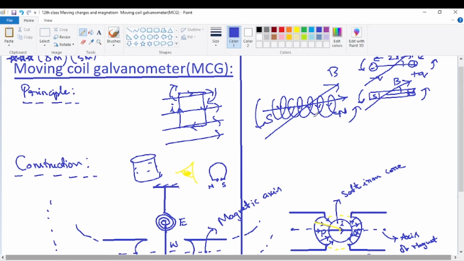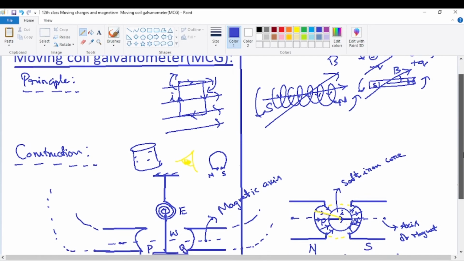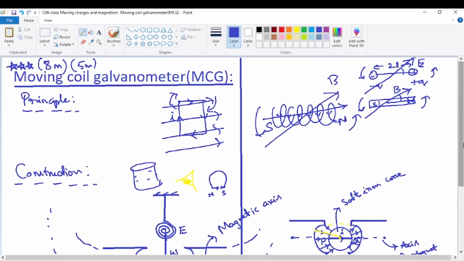Now the reason for this is very simple. Every coil carrying current behaves exactly like a bar magnet. In each and every way it behaves like a bar magnet. There will not be any difference. So any bar magnet experiences a torque. What is the torque experienced? This derivation we have already seen in the case of an electric dipole and also in the case of a magnetic dipole.